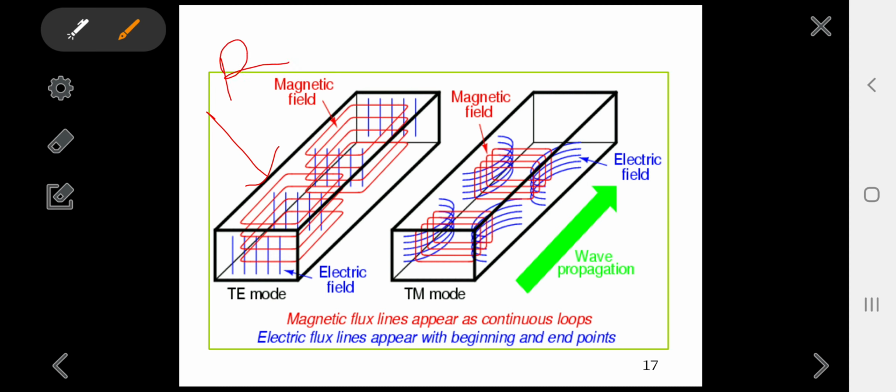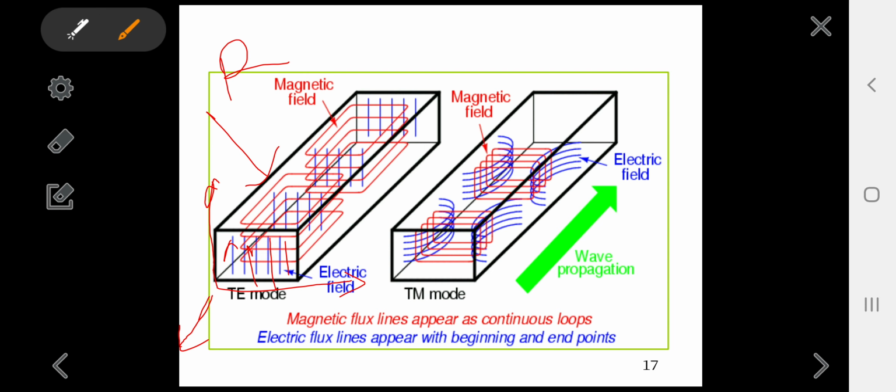Here your electric field is vertical, the blue color represents the vertical line electric field. It is perpendicular; suppose you can consider x axis and y axis like this. So here you can see it is a perpendicular motion throughout the wall of rectangular waveguide in TE mode, and the electric field is perpendicular, and